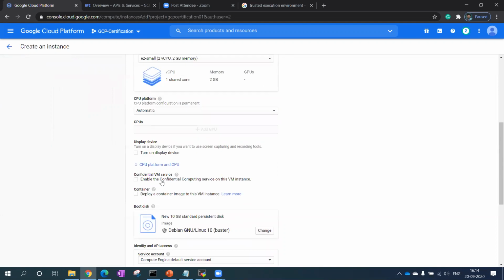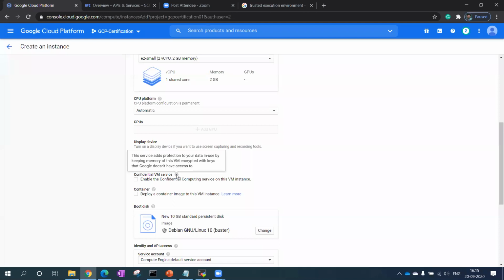Then the next point is the confidential VM service. Every company has some kind of requirement. They want to get assurance from the cloud: how can they make sure that their VM is secure? So this is one feature Google has introduced, the confidential VM service.